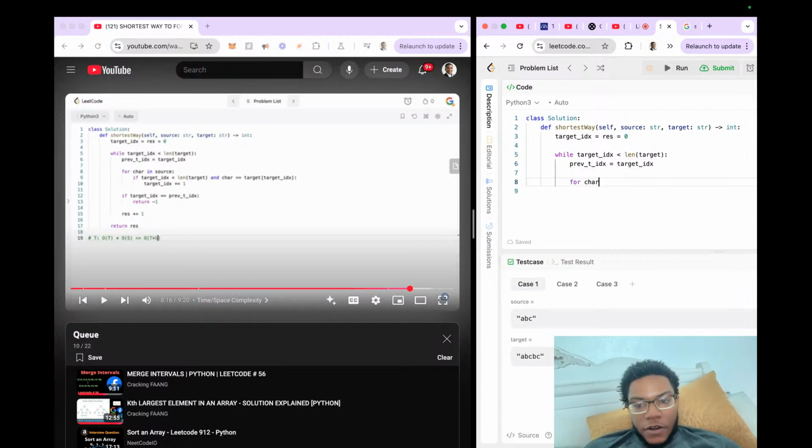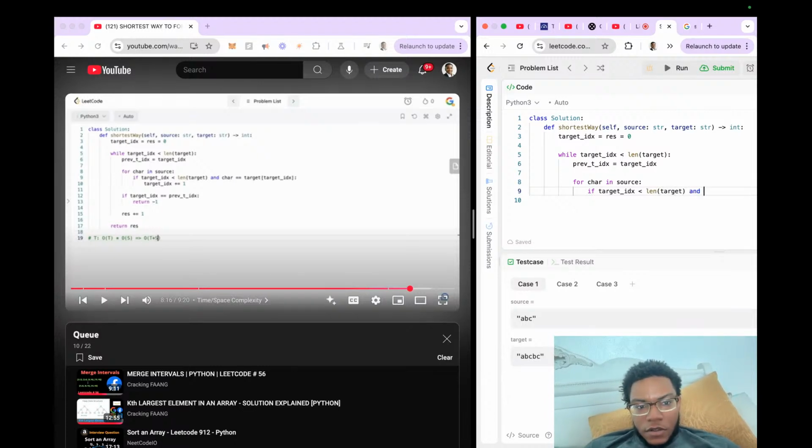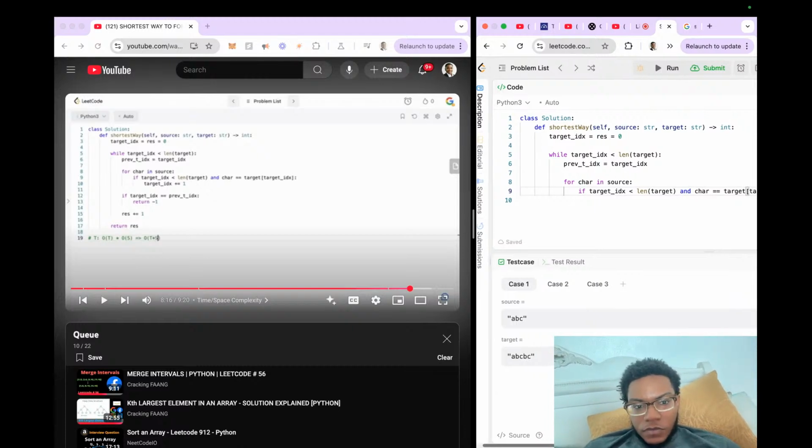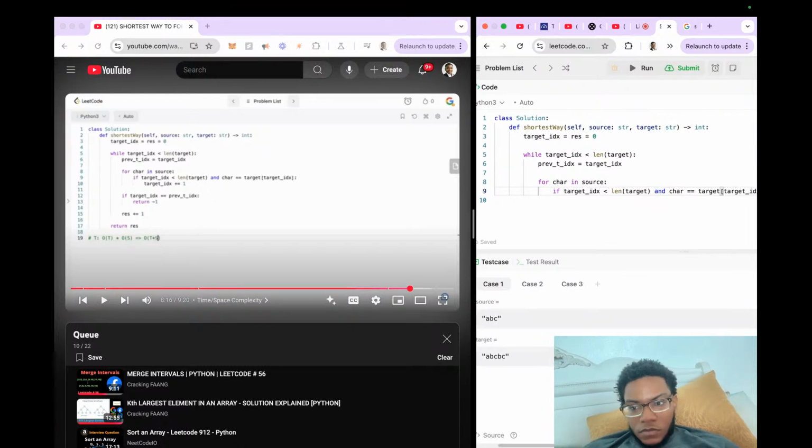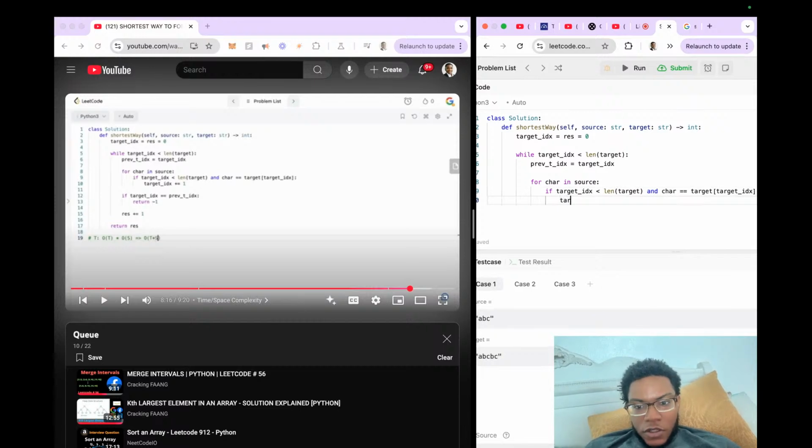And then for the characters in source, if the target index is less than the length of target and the characters equal the characters in the target's target index, target index plus equals 1,